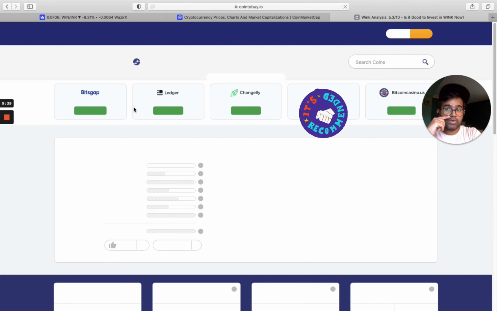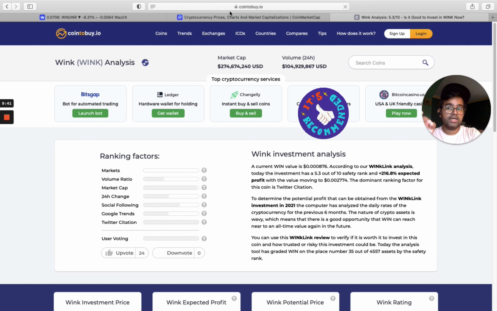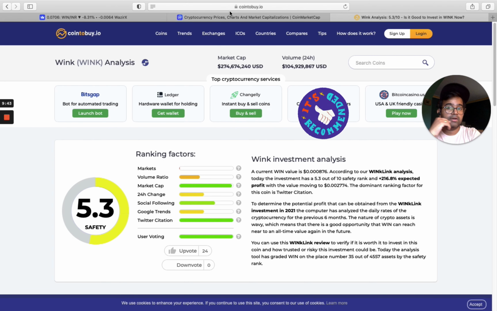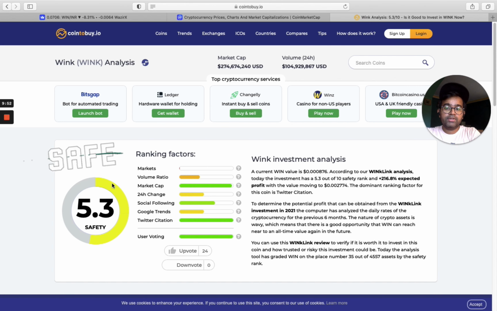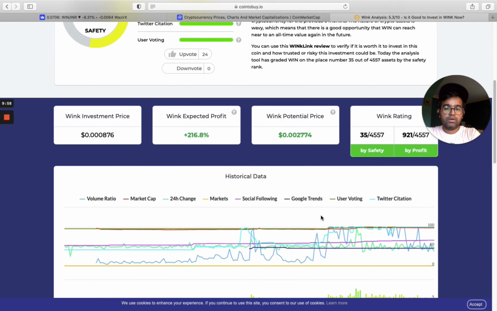For those of you looking at the video, this is a very good site to check to know the story of a coin and whether to invest or not. It's called cointobuy.io. So let's say I was looking at the coin Bigg. It says it has a 5.3 safety ratio, and it gives you the entire synopsis of the coin, and it talks about